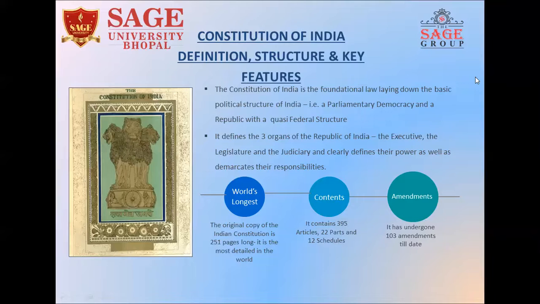Now, what is meant by quasi-federal nature? So, quasi-federal means basically a constitution is of two natures. One is unitary nature, second is federal nature. Federal nature could be understood by the example of United States of America. United States of America, their governmental system is divided into a center and many states. So now the states, they have a power to make their own laws.